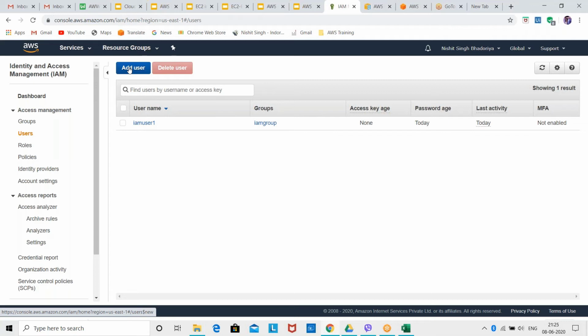So here is the role of permission boundary. At first you are working as a system administrator, so they'll create a group and assign policies to system administrators.